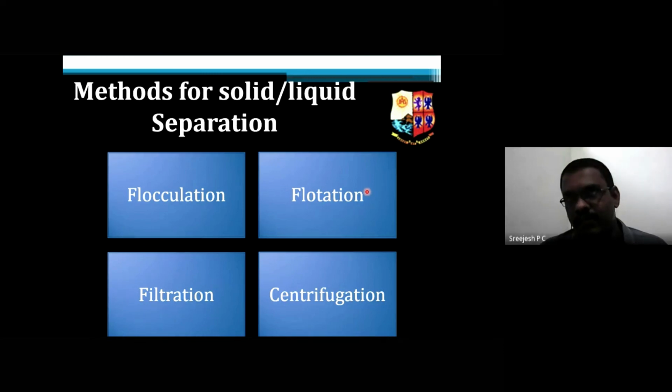Vice versa also. If the product is extracellular, the cells will be a waste. Whatever solids you are removing, it is a waste. It will be disposed. But you will be processing with the fermented broth. So you have to keep this in your mind. Which path you will be proceeding with will depend upon the location of the product.